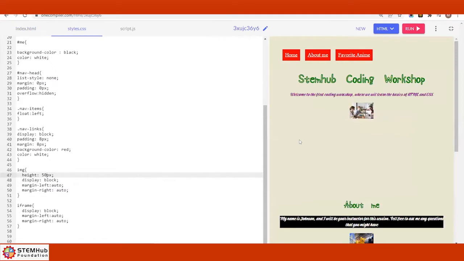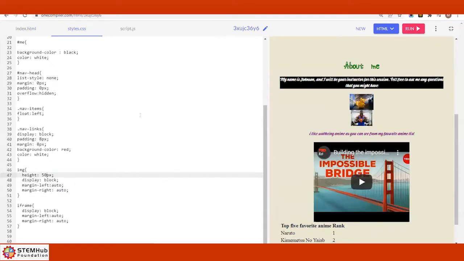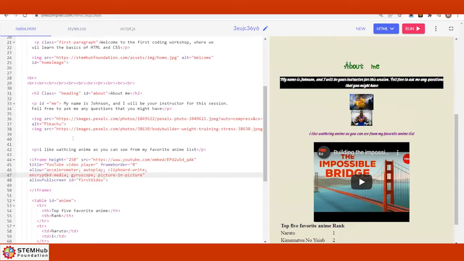But say I want one image really big. Say the Superman I want really big. There's something that I can do. I can come here and do inline style.